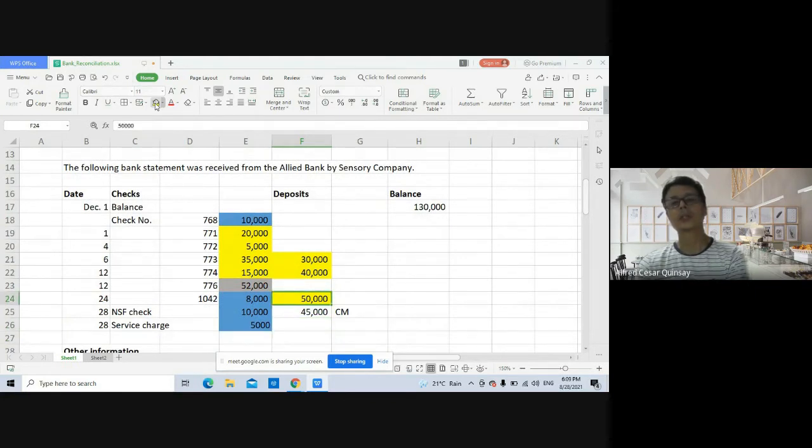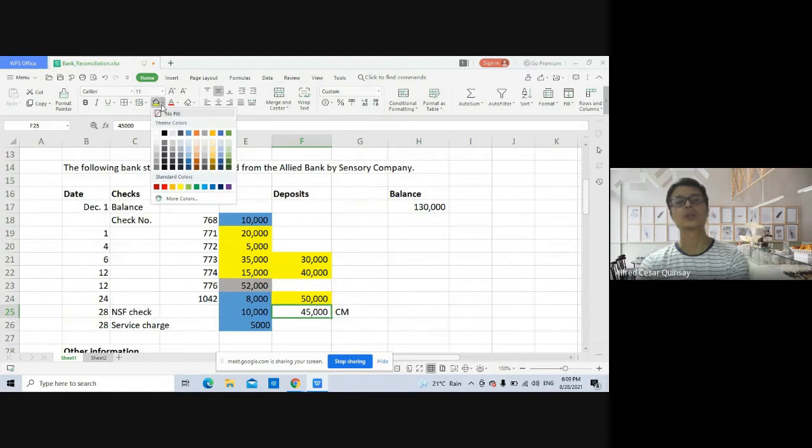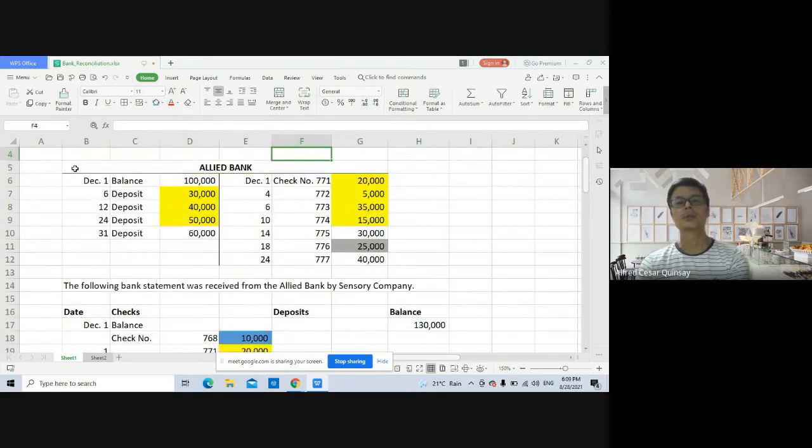And another one is the credit memo by the bank. A credit memo is an addition to the cash balance of Century Company, to the statement, not to the bank statement, for 45,000. So this was not considered by the company because there was no 45,000 here. Although this was also a reconciling item for the company. Okay, so now we are ready to